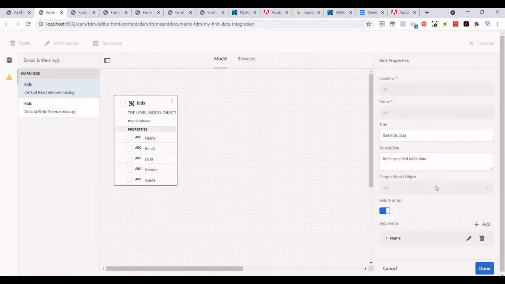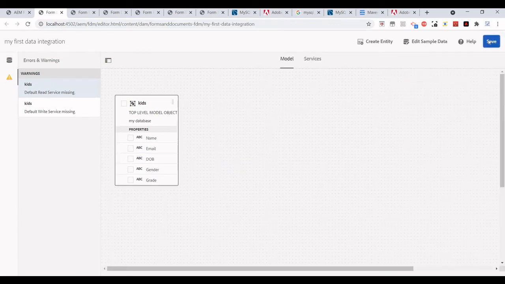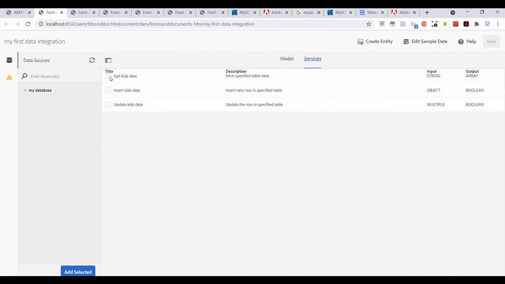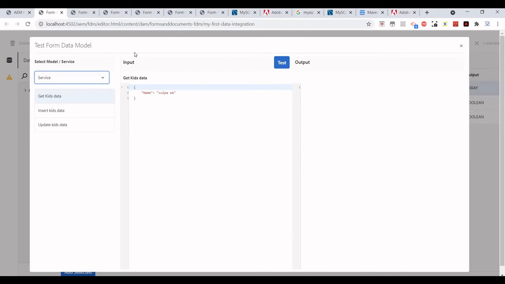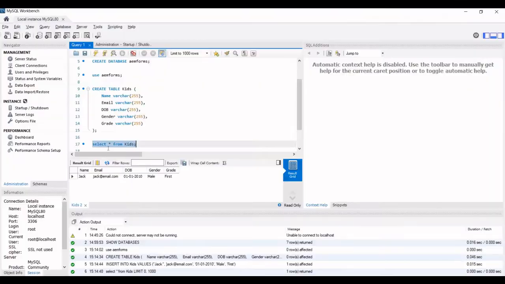Yeah, so the information we have added is for Jack.